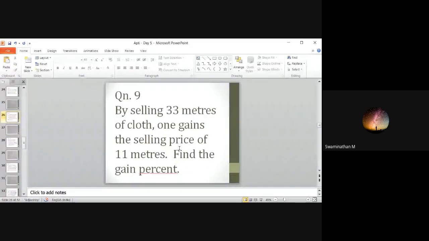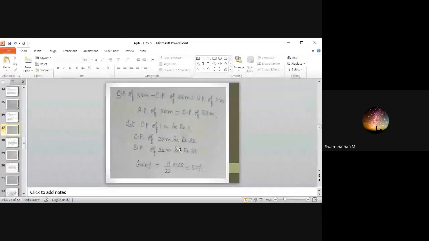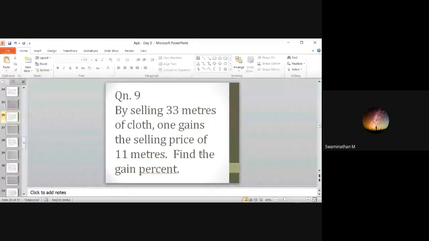Understood with the question? You have to understand the question first, because here it is given that the gain is equal to the selling price. So the gain is equal to the selling price of 11 meters. Please do read the question correctly so that you understand what is given. Okay,